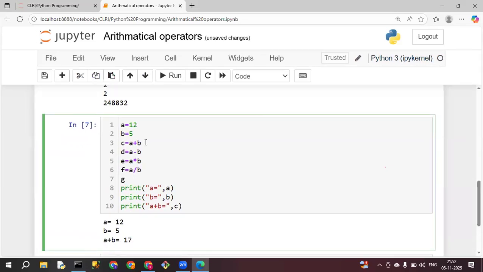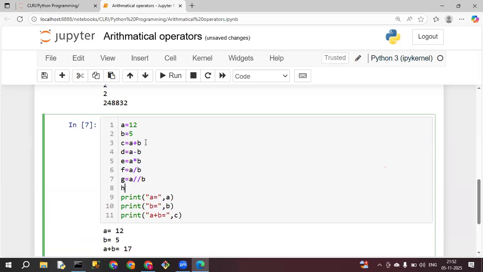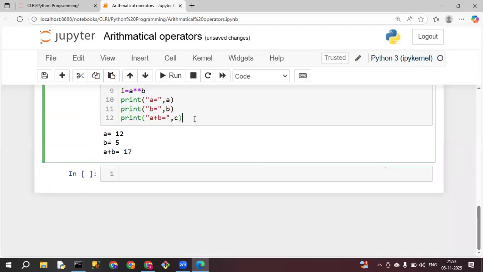F after G is equal to A double floor division. H is equal to the modulus operation, A percentage B. So A, B, C, D, E, F, G, H. I is equal to, what is the last one? A star star B. Now you see very clearly, print